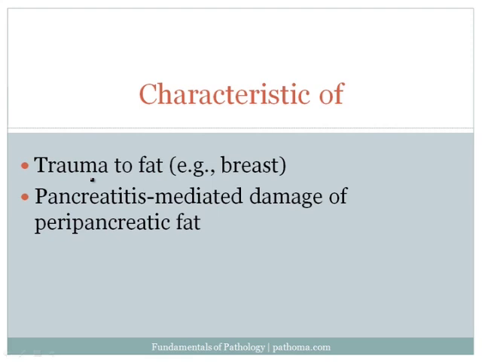Probably it's important to also mention here that this really comes into play particularly in the breast because it can clinically present in two ways. One way by which fat necrosis can present, especially on exams, is as a mass. And basically when the fat necrosis occurs, there is often a giant cell reaction because of the inflammatory response to the fat. And so there can be a breast mass, a woman comes in, a biopsy is performed, and